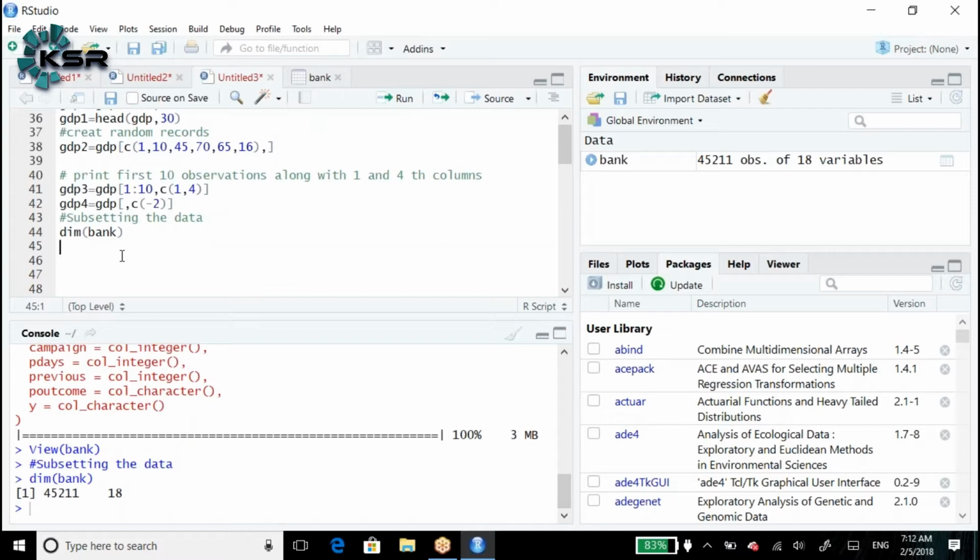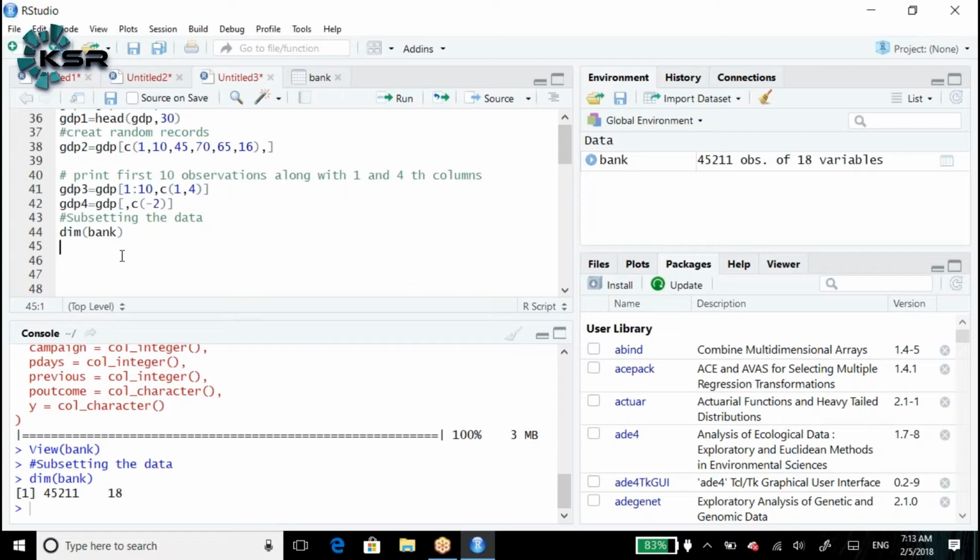Next, I would like to understand what the 18 variable names are. Which function are we going to use? We can use the names function. Structure will tell us about the data type of each and every variable, like whether it is a numerical data type or a character data type. We are not talking about the data type of a data set, just the names. Here we got the 18 variable names.